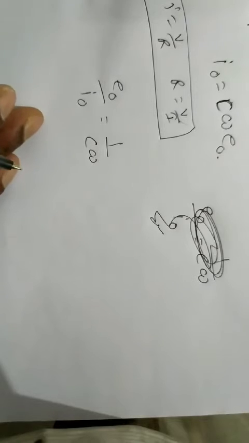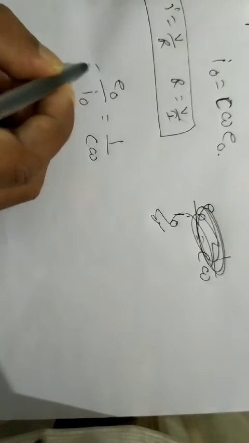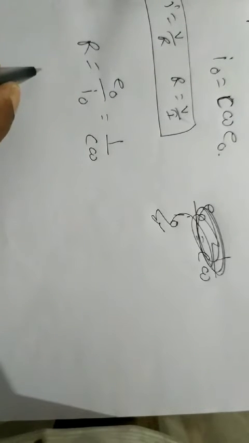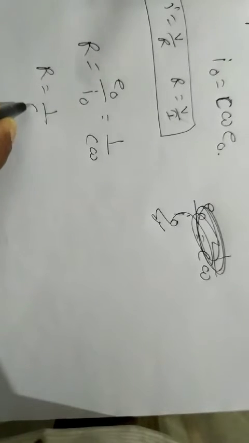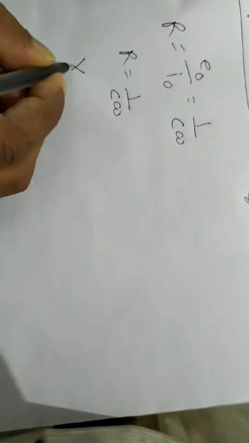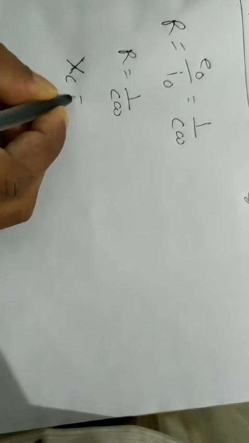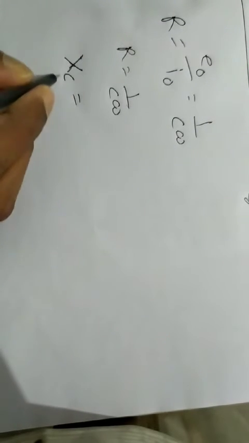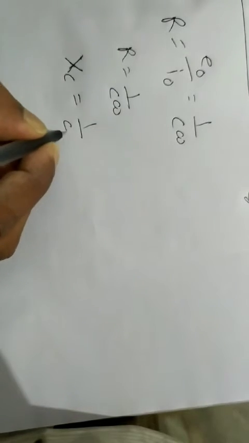So what will be this thing? This is resistance, na? That means resistance is equal to 1 by C omega. Resistance is equal to 1 by C omega. So can we write that resistance is equal to 1 by C omega? And which resistance is this? This is known as capacitive resistance. Capacitive resistance is equal to 1 by C omega.